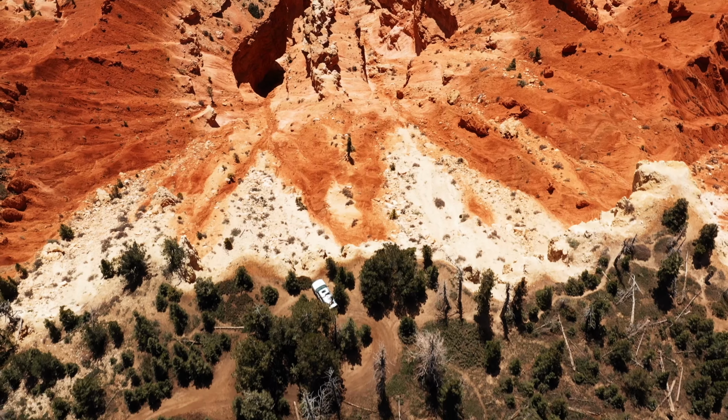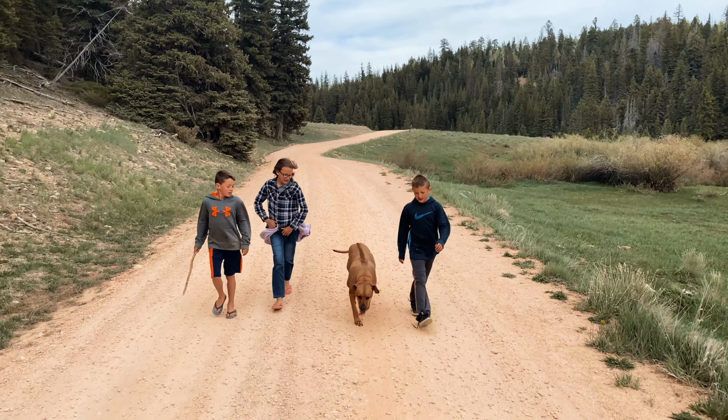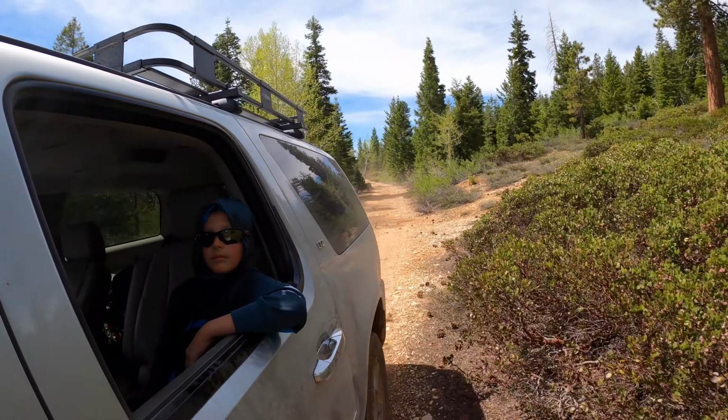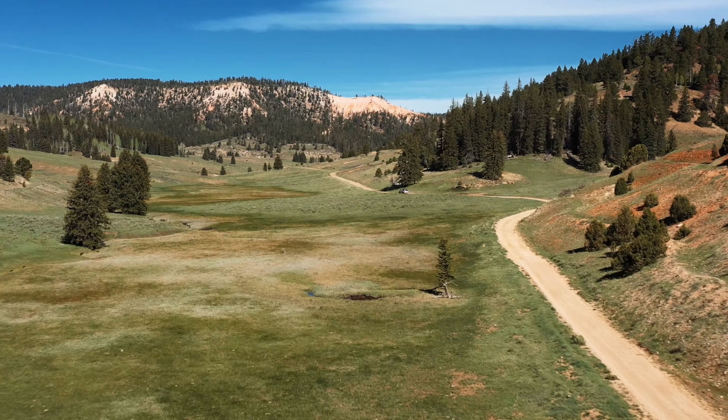So this week we are camped just outside of Bryce Canyon National Park, and we spent a couple days here exploring different dirt roads and hanging out at camp. My favorite spot we found was a peak that overlooked a huge vista. We were able to drive to the edge and enjoy our own hoodoo garden below while eating lunch on the